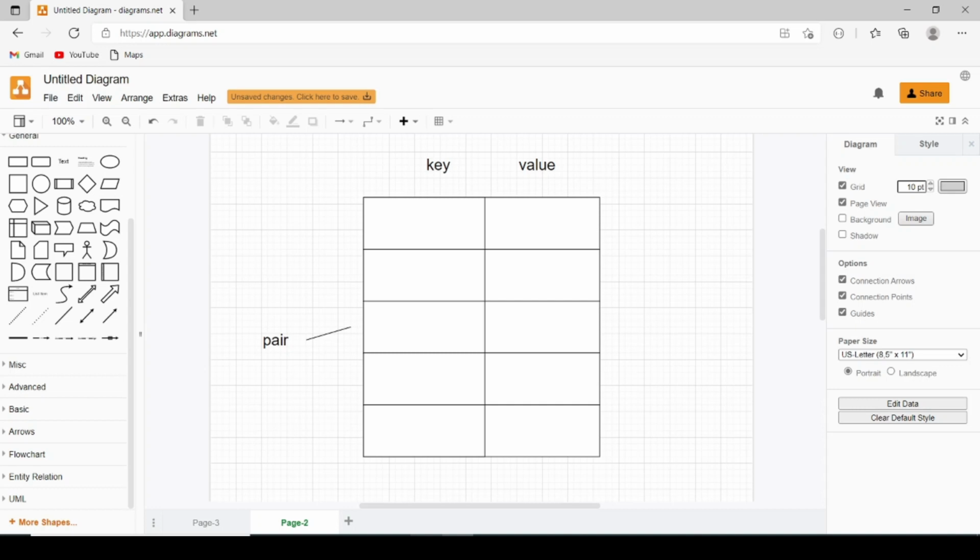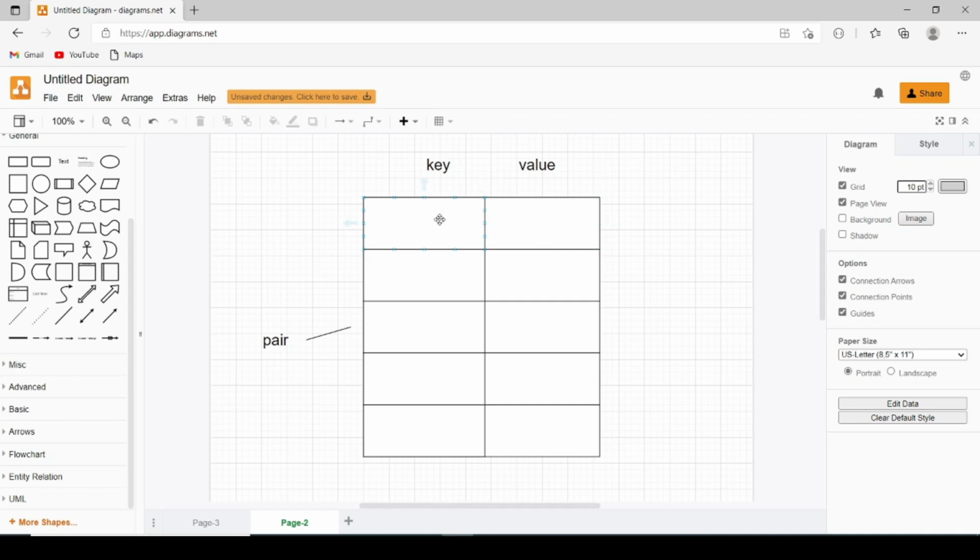This is Kashish Mandirata. In this video, we are going to discuss the map and unordered map. So firstly, let's look at what a map is. A map is just a group of key value pairs. For example, you can logically represent the map in this way. A map is just a group of pairs, and each pair has a key and a value.